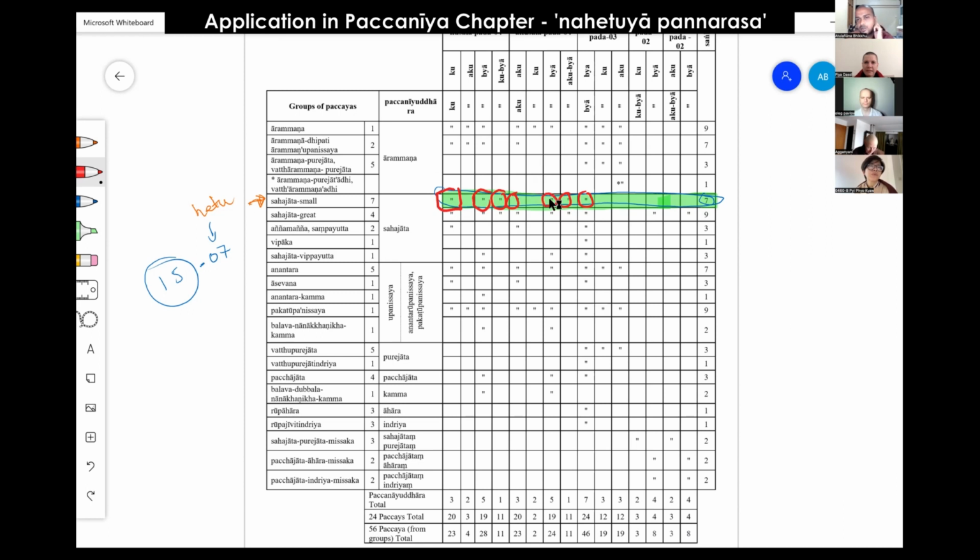And if you remove the hetu from akusalo abhyakatasa, there are other combinations in ārammana, in sahajāta grade, sahajāta vipayutta, anantara, and so forth. We find this set, right? So it does not change. Sorry? I'm just thinking how it relates to